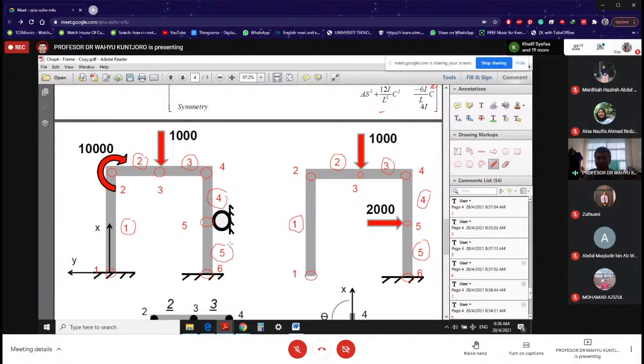Why not the same? Because the loads are different, and the supports are also different. Over here, the support, you have this one, and that one. Over here, the support is this one only. So now, another thing that you need to observe straight away is that the